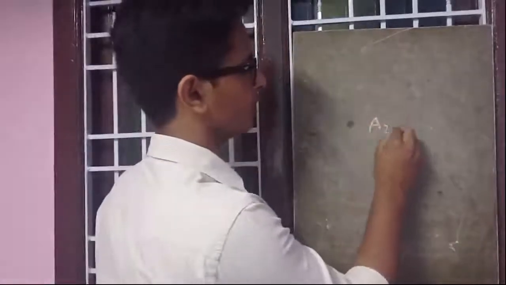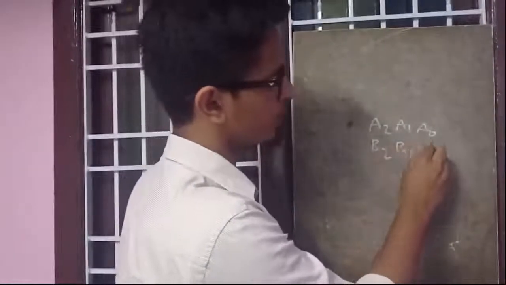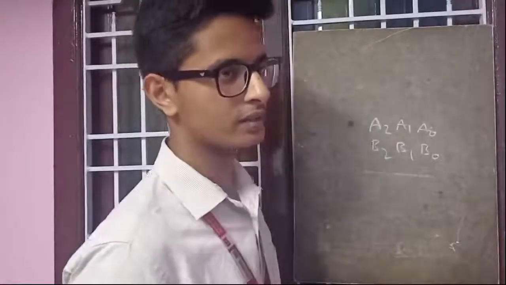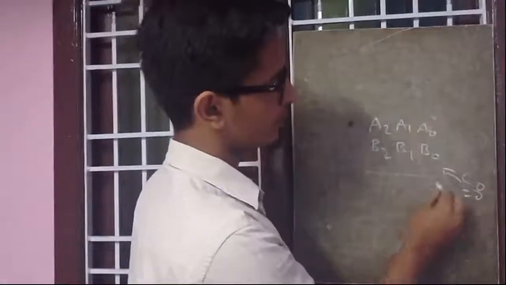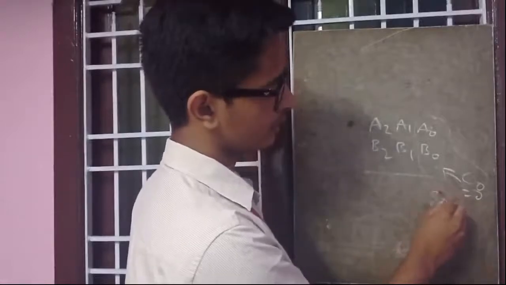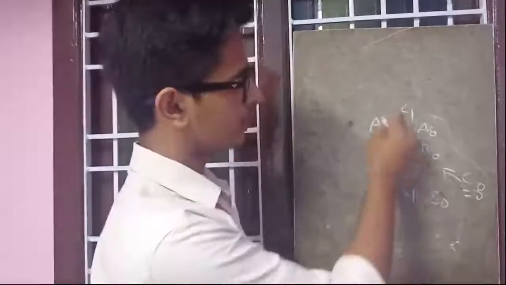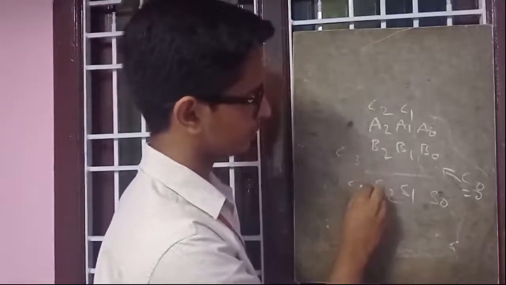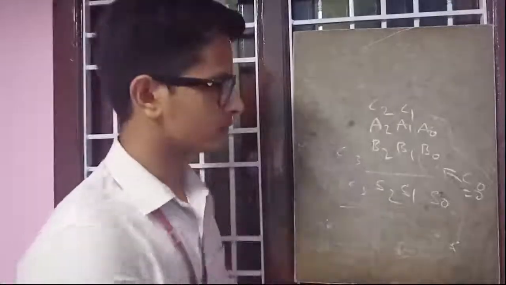For example, let us take two binary numbers. A2, A1, A0 is the first binary number, and B2, B1, B0 is the second binary number. For adding two binary numbers, initially take the carry as 0, that is, C0 is taken as 0. If we add these 3 bits, we get two outputs: sum S0 and carry C1. Similarly, the sum is S1 and carry is C2. On adding these 3 bits, we get the sum S2 and carry C3. In this way, we add two binary numbers. So, for the same purpose, we use the carry look-ahead adder.